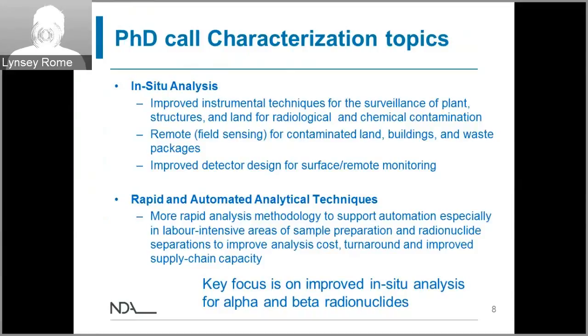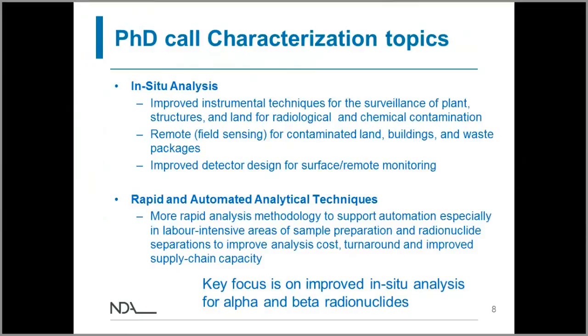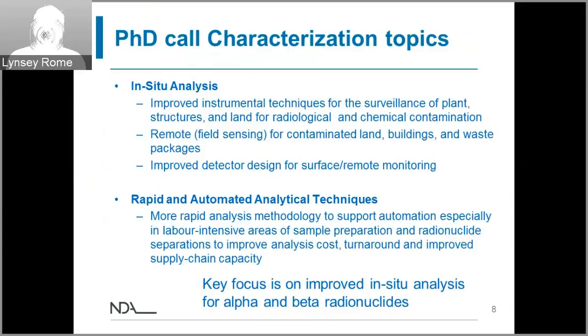So, and dare I say it, cheaper. Our two main themes are as stated on the slide. We're looking for improved in situ analysis, improved instrumental techniques for plant structures, land, for radiological and chemical contamination. We're looking at remote field sensing technology, methodology, analytical for contaminated land, buildings and waste packages, and or indeed improved detector design for surface and remote